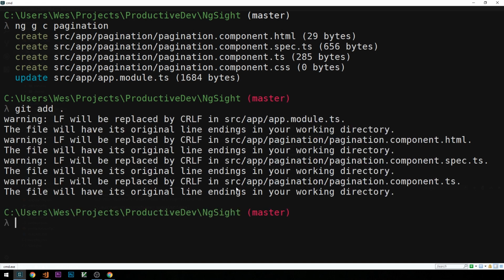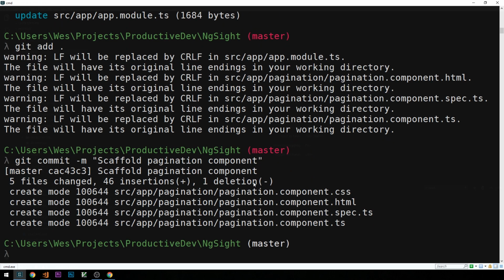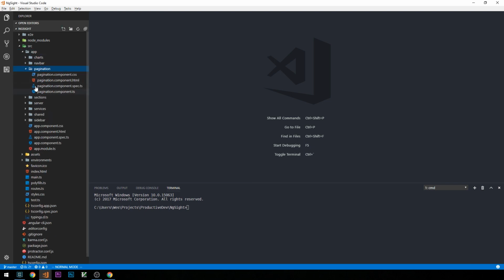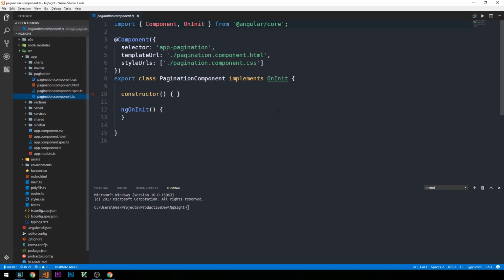So we'll just go ahead and git add everything we just added and git commit scaffold pagination component. Okay, so if we look back in our app folder now, we have this pagination directory, and we've got our default files here generated by the Angular CLI. So let's go ahead and take a look directly at the pagination.component.ts file, which is of course pretty empty